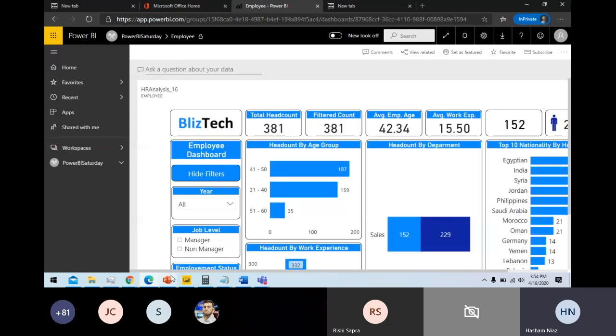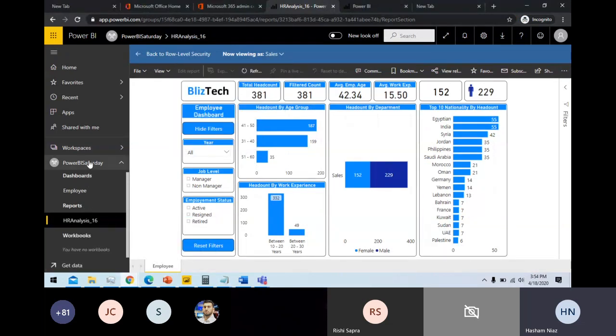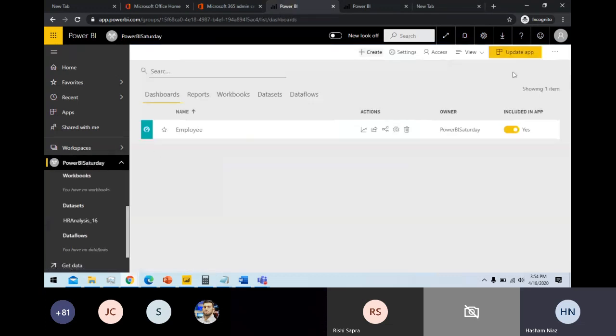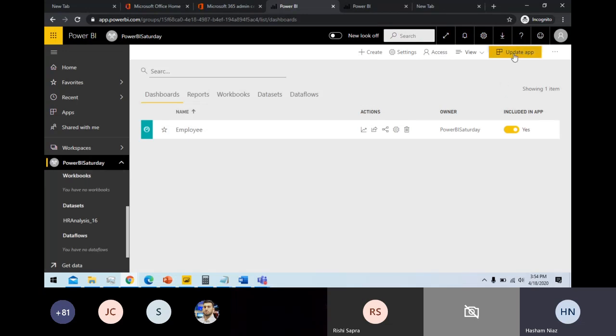Okay, now let's try to replicate this on the app as well. Now if I go back here in the Power BI workspace access, I remove this user, so he does not have any access to the workspace, and I publish an app.